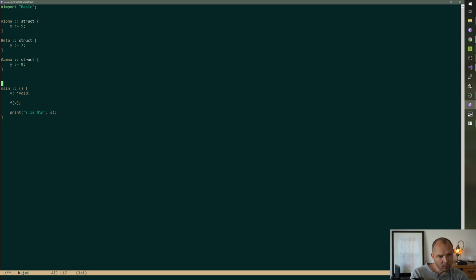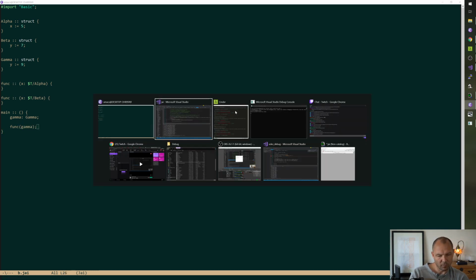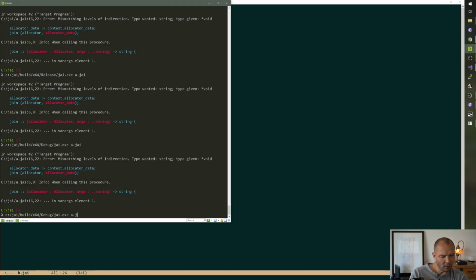We're going to have func A that takes an alpha. We're going to have func B that takes a beta. And then we're going to call it func, not func A and B, because we want to overload them. That's the whole point. Func of gamma. What happens there?